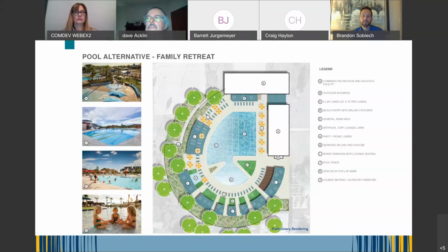So I'll run through these. These are conceptual in nature. Really, like I said, today we're showing a variety of colors. We're showing some different shapes. We're showing different size picnic areas, different arrangements, and then obviously different programs. So neither is tied necessarily to one or the other. If you were drawn to a pool shape, but you like program Y and Z instead of X, that's all great information. We'll take that and continue to refine to